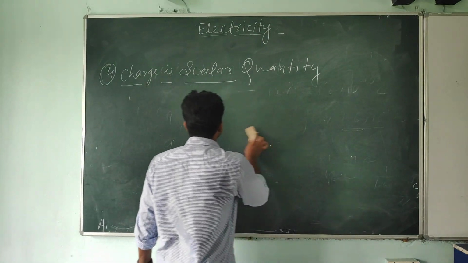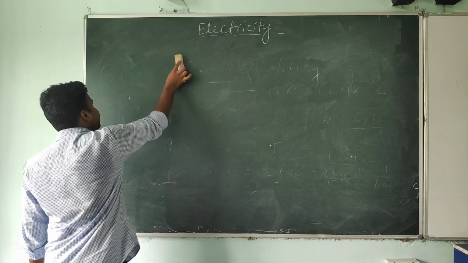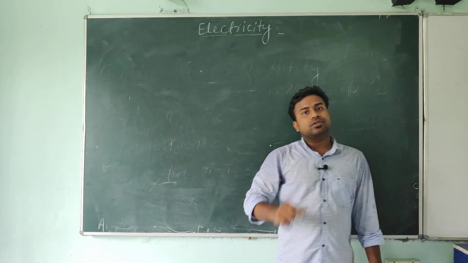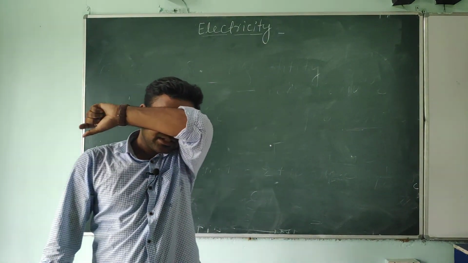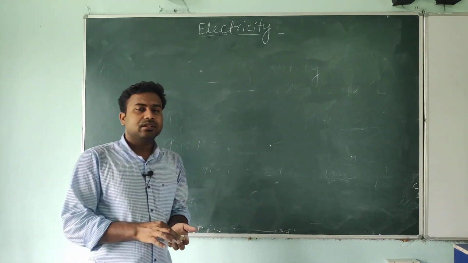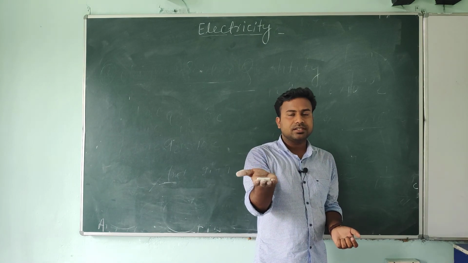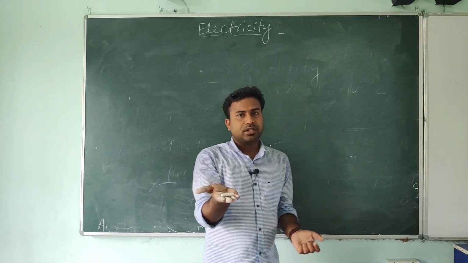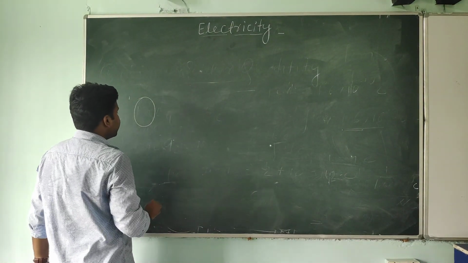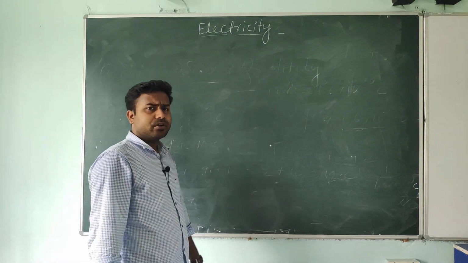Charge is always associated with mass. What is the meaning of this? Charge is always associated with mass, but vice versa is not true. Again, I am repeating the statement, student: charge is always associated with mass. Look at this. This chalk has mass, okay, but it's neutral, not having charge. Like I am assuming a particle. When can you say this particle has charge? If there are electrons or protons, is it or not?